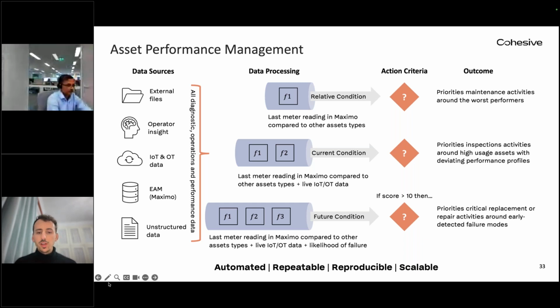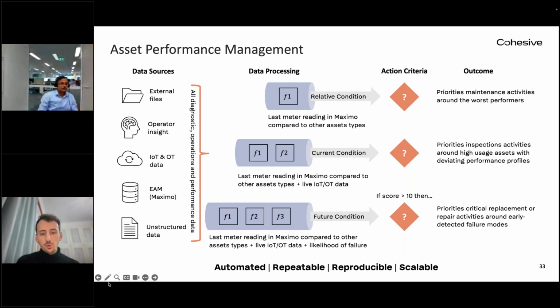So by doing this, we're effectively having a direct indication as to what that asset's health is by incorporating some live data. And this allows us to then prioritize inspection activities and be a lot more proactive in that approach. And again, in this instance, if the asset burns down, we can know exactly when, where, how. So we have a real-time understanding of what's going on in our assets or our portfolio.